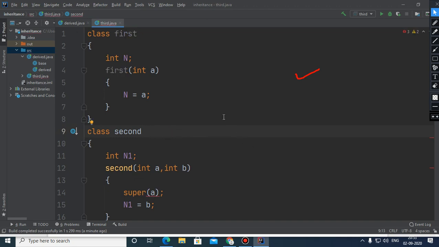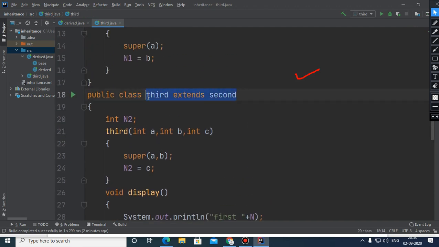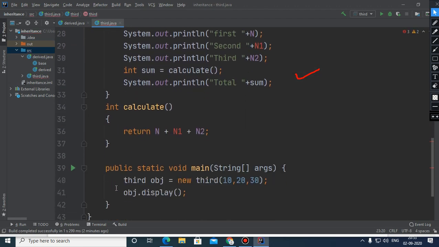So children, actually this is the class first and second, and suppose second extends first, and this is the class third which extends first again, and suppose the main method is also not here.